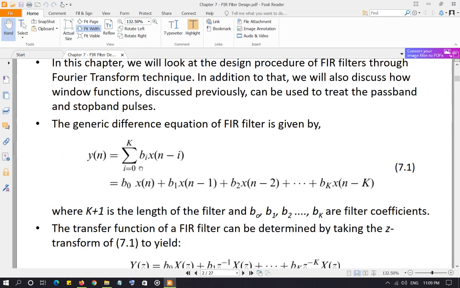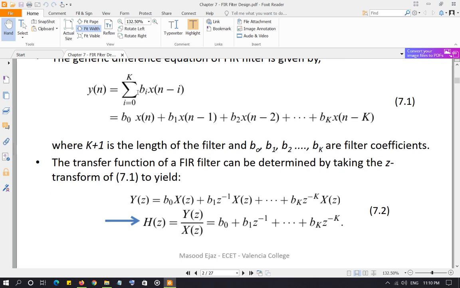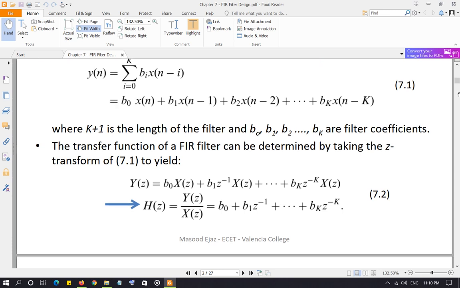So FIR filters, as we know, the generic equation, since it is only comprised of input and the previous instances of input, hence the generic difference equation is given by 7.1. You have k terms of input and the previous instances of input. And now we're going to assume that all the initial values are 0 for input and output both. Once you take the Z transform of this 7.1,